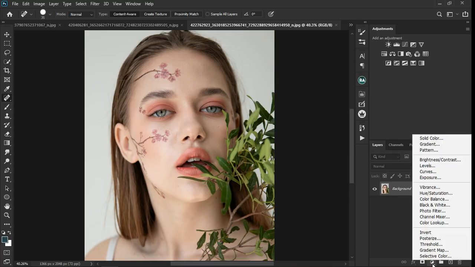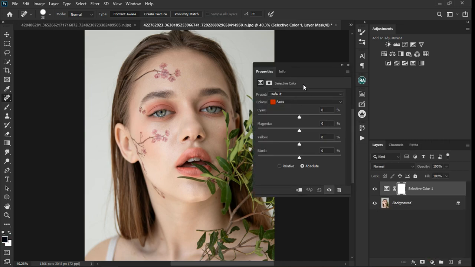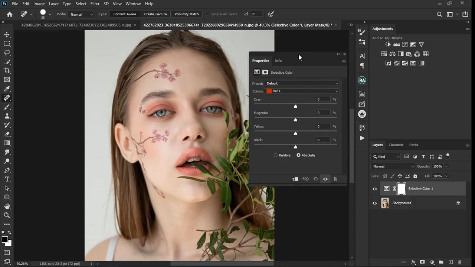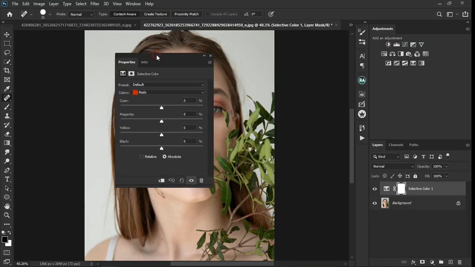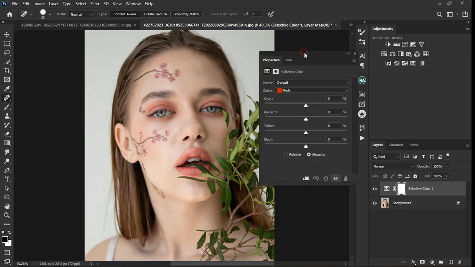To locate the selective color, come right here below the adjustment layer and click on selective color. So you're going to see the selective color panel. This is very important because not all the time are you going to get the results you are looking for when you use some of the adjustment layers like hue and saturation and color balance. But this is a very powerful tool, and I believe if you have the recent Photoshop, you're going to see more upgrades. But let's look at how we can affect so many images with this